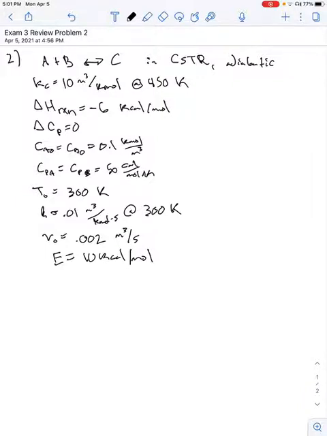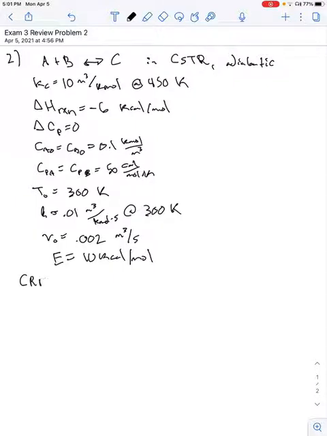This is, I believe, from Fogler, except for evaluate for this scenario. Also show formulas for K and Kc as functions of T. Do not plug in values. So we're actually not going to, I mean, you can plug in values for fun if you want, but